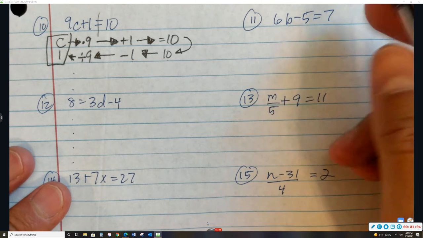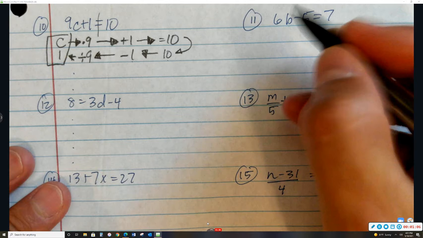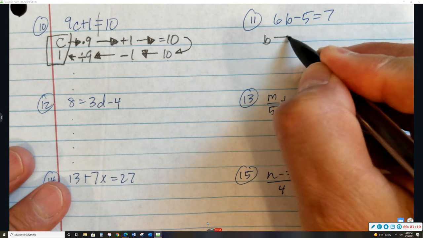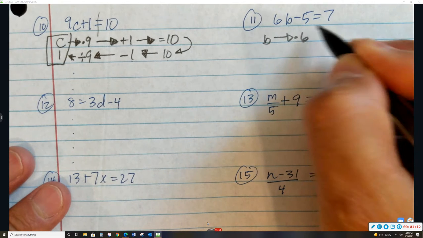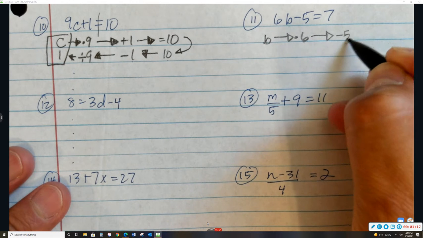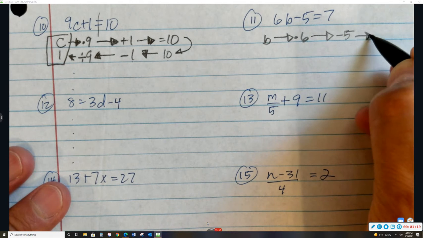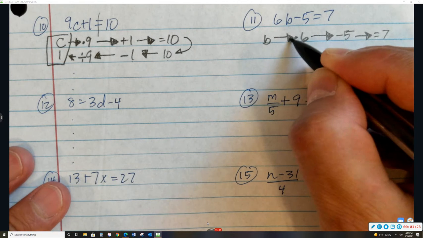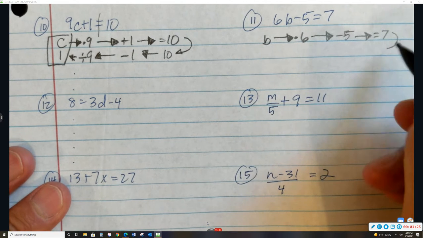Here you have B. Oh man. B is times 6. I said oh man because I didn't leave the space here, but oh well. Minus 5. And then all of that equals 7. Let me fill in my arrows, they look better. And then when you go backwards,